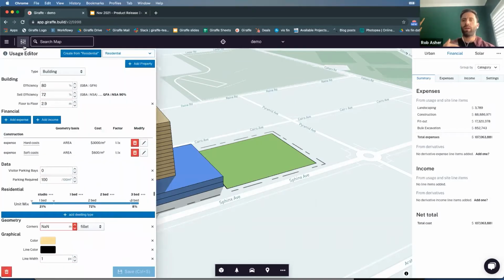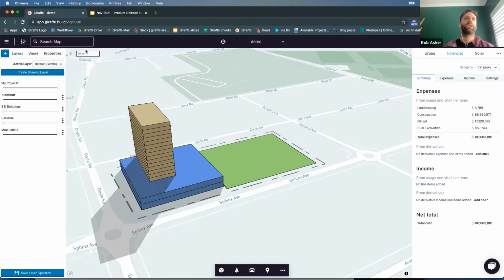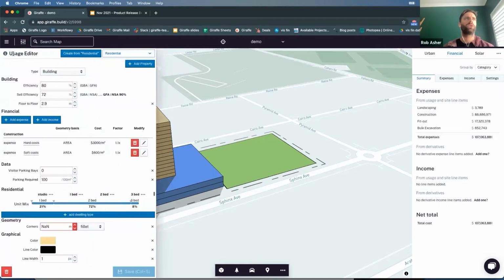And the cool thing is how well Giraffe organizes. The trick here is how well Giraffe organizes all the assumptions and the calculations that go into this cost plan, and how simple it is to find your way around that. So the way that we've done it is that on the usages, which represent typologies or